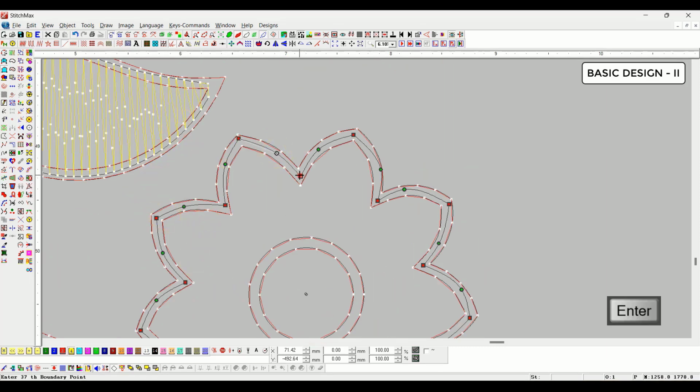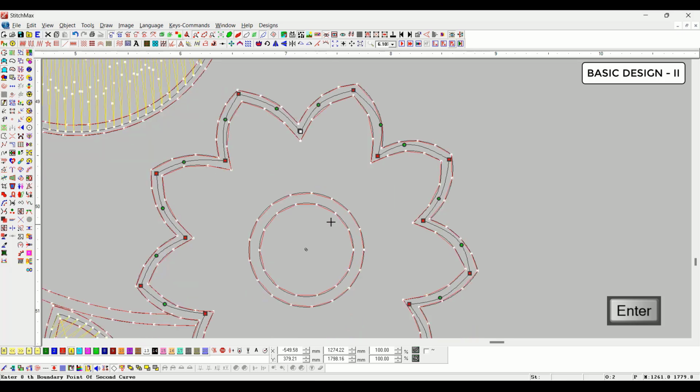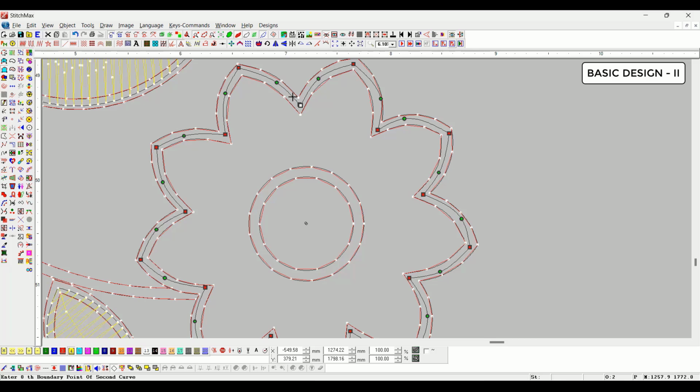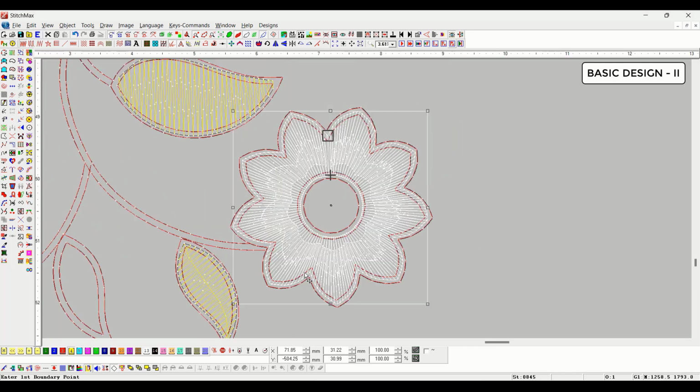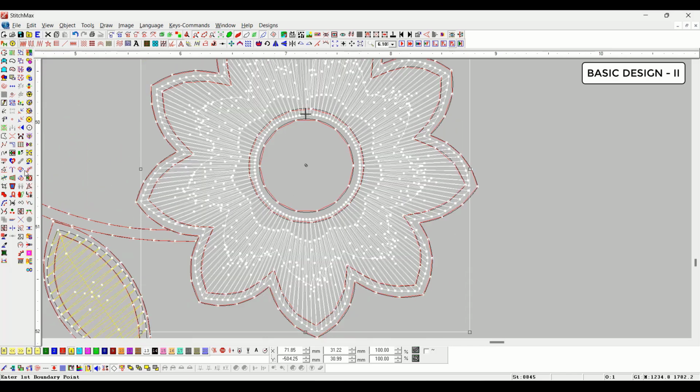To end the first side of the object, we have to press Enter here. Now you have to start the second side from the front of it, in the middle of both the lines. After entering, the satin fill has been applied here. Multiple directions has to be used to give direction.